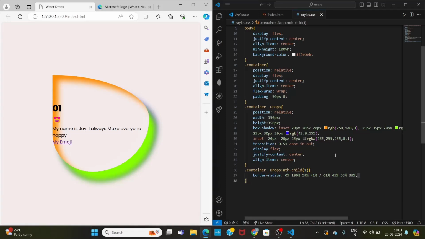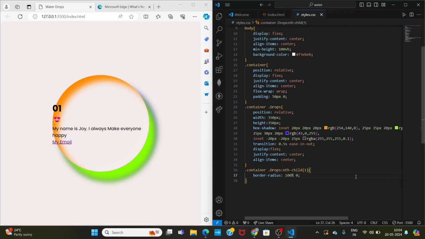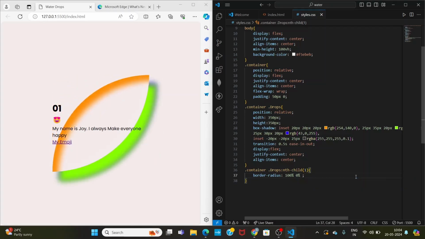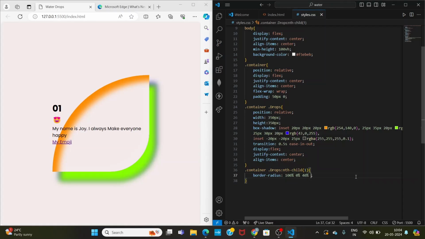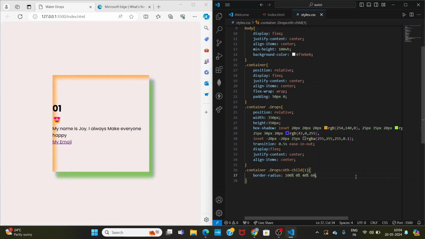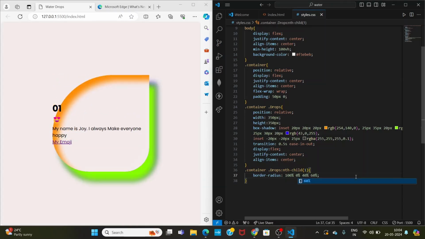So we'll give a proper shape for this. So I'll just change a shape 100%, 0%, 40%, 60%, slash 42%, 62%, 38%,